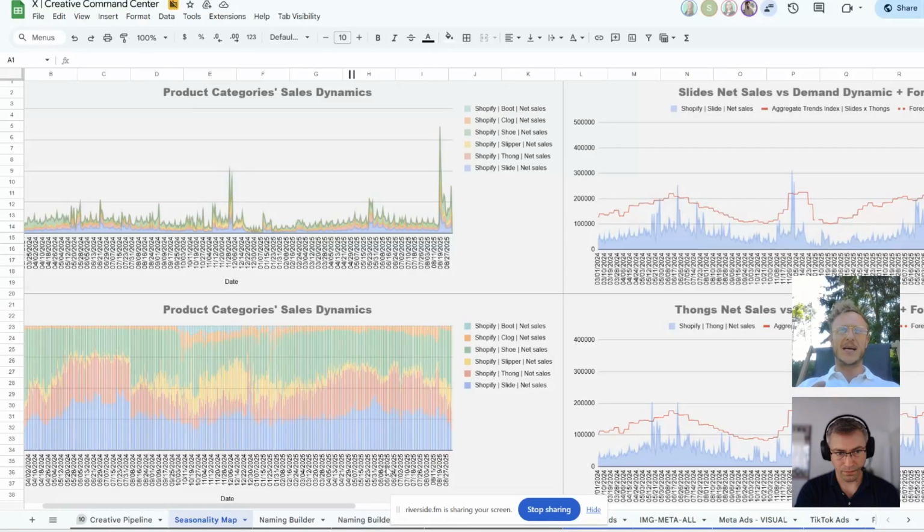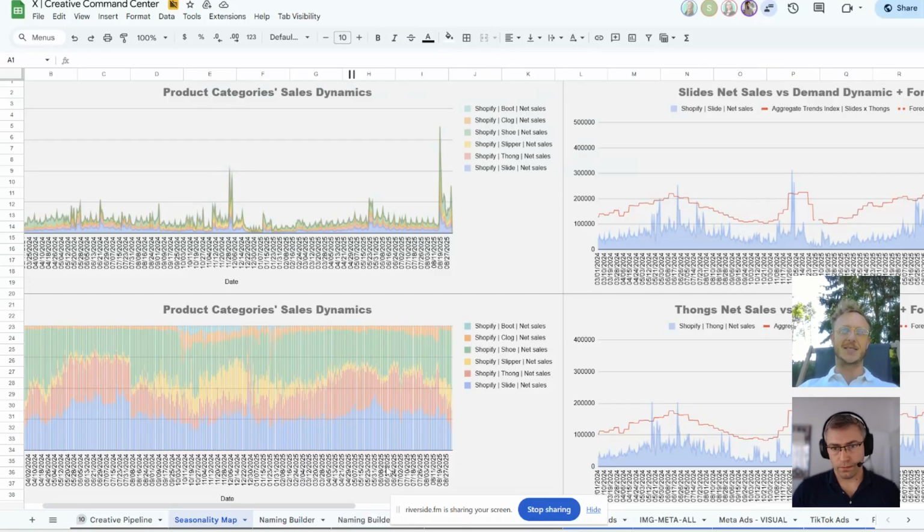And what it enables us to do is, because the client sells a variety of shoes, some of the main categories would be like slippers and thongs, which are open toe, so more like summer products. And then we also have the shoes and boots, which have their best high season during the winter or autumn time. So basically, based off of these charts and of this tab, we can